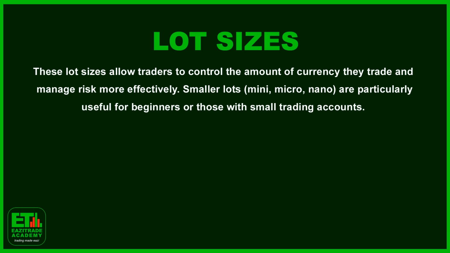Smaller lots, mini, micro, nano, are particularly useful for beginners or those with smaller trading accounts. Like I said earlier, smaller trading accounts are often amounts that are lesser than $500, even $1,000. That's the truth. But let's peg it at $500. So if your account size is less than $500, make do with micro and mini. If it's $200 below, make do with micro,